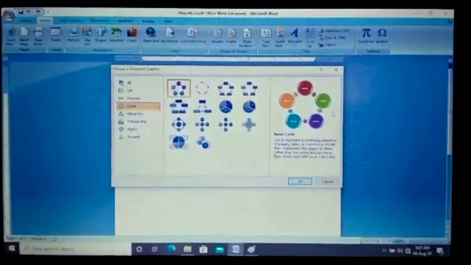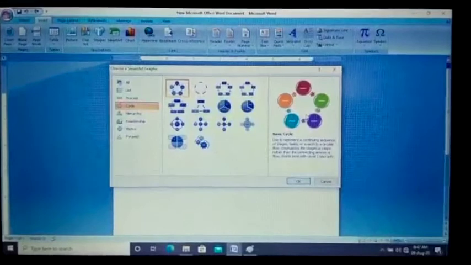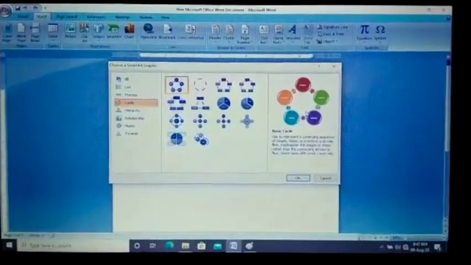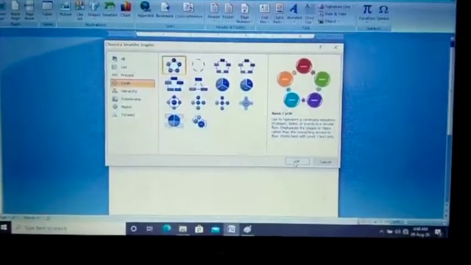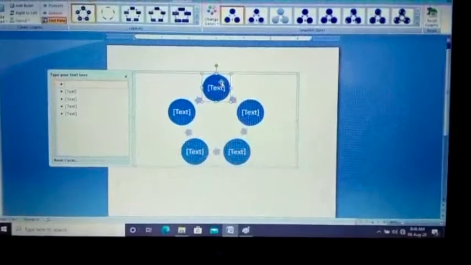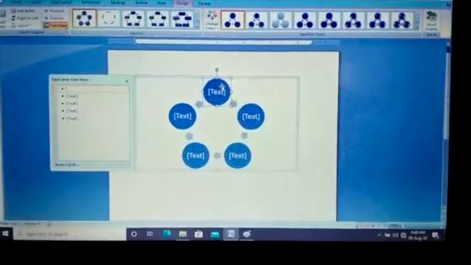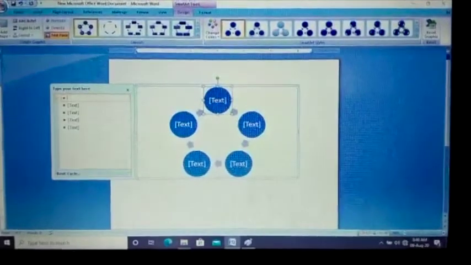Okay. See. Then next step, when you click on OK, your slide will look like this. Click OK. See. All of you see this. Then click on the text to type here.